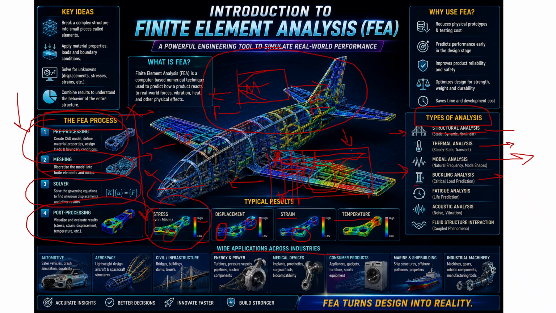Then fatigue analysis. You can apply load on the component for a very long time, with fluctuating load. Suppose in your automobile, in your suspension, you are applying the load. Sometimes in your car two passengers are seated, or only one passenger is there. So there will not be any fixed number of passengers in your car or your bus or your vehicle. In that way, different loads are going to be applied on your suspension